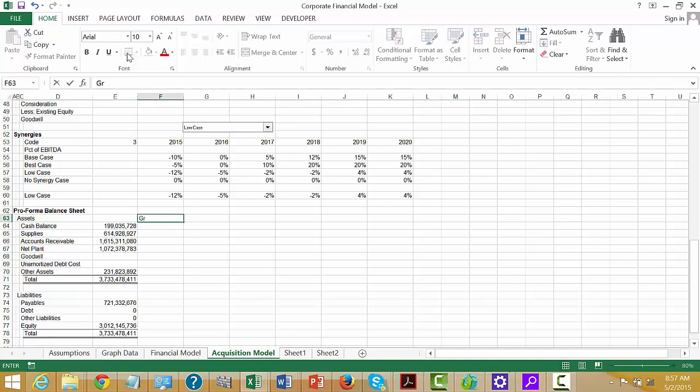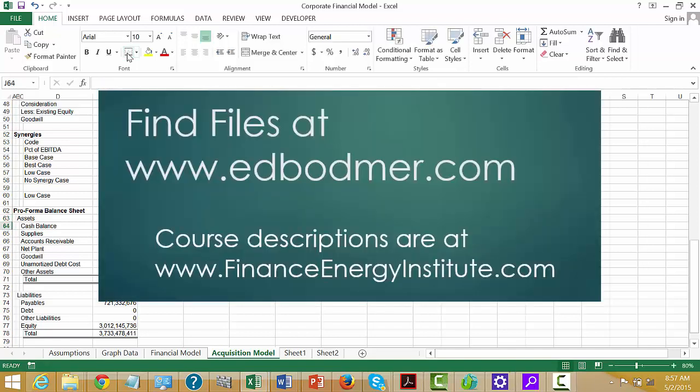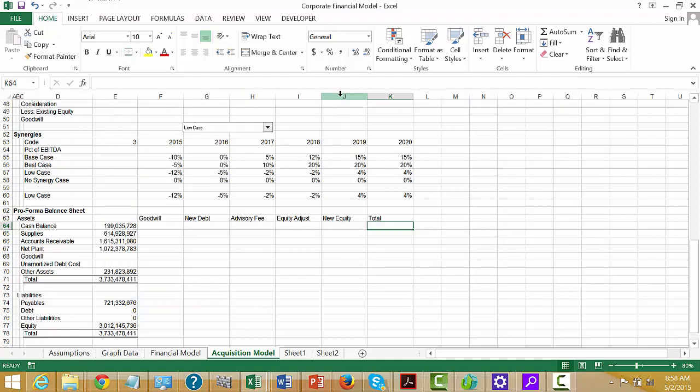And we'll put our goodwill adjustment. And then we can put our new debt. And then we can put our advisory fee. And then we can put the equity adjustment, what we do is take that out, and then we put our new equity in, and then we're going to get our total adjustments. And finally, after we get our total adjustments,